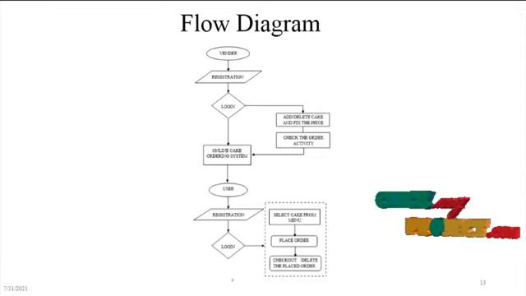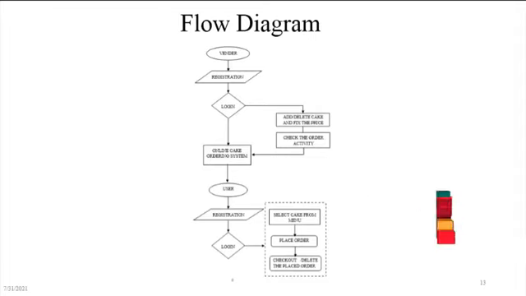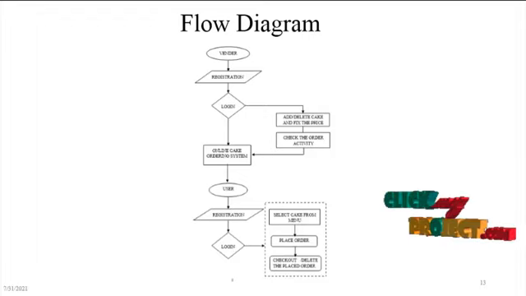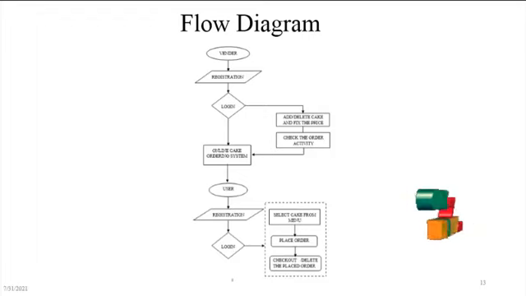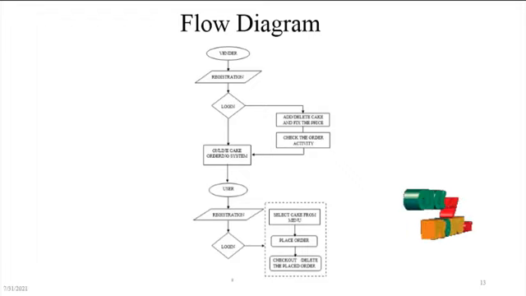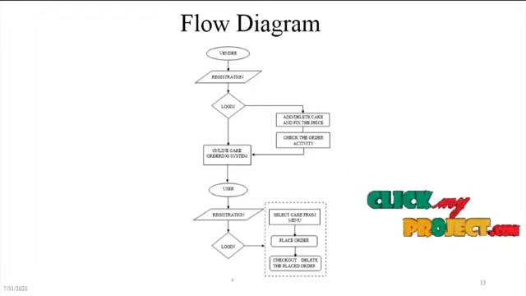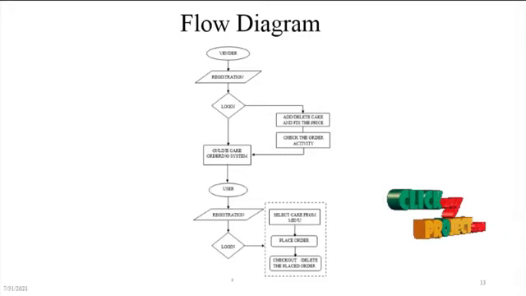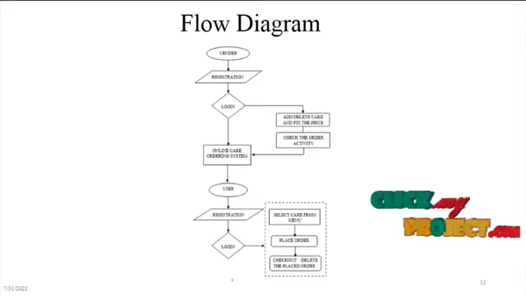The flow diagram of the project consists of two sets of modules. One is the admin or vendor module and another one is the user or customer module. In the vendor or admin module, the vendor should register on the cake ordering system website and log in. The vendor can add or delete cakes from the cake shop and fix the price. And the vendor or admin should check the order status from the customer, whether the placed order is delivered or